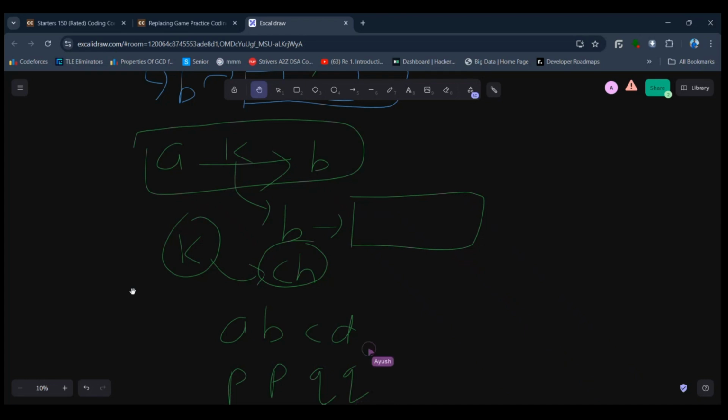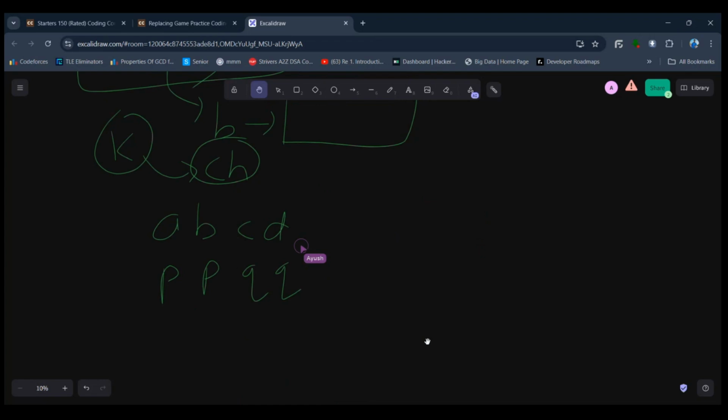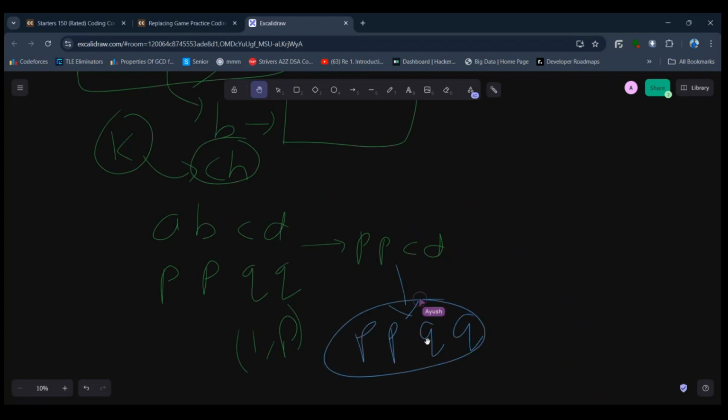ऑपरेशन किया, इंडेक्स 1 को चूज करके मैंने 1 कॉमा P परफॉर्म किया, मतलब कि मैंने इंडेक्स 1 पे खड़े होके दो साइज की सबस्ट्रिंग चूज करी और उस पूरी सबस्ट्रिंग को P से रिप्लेस कर दिया, मतलब कि ये APPD बन जाएगा। फिर इसके बाद मैंने इंडेक्स 3 चूज किया और उसको Q से रिप्लेस कर दिया, तो दैट विल बी रिजल्टिंग इन माय फाइनल आंसर PPQQ। ऐसे करके मैं B तक पहुंच गया।